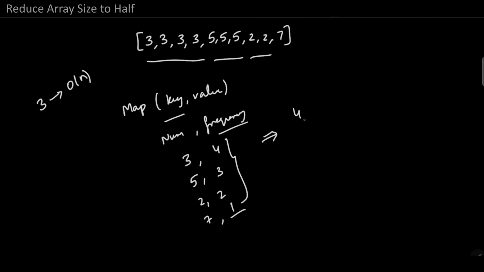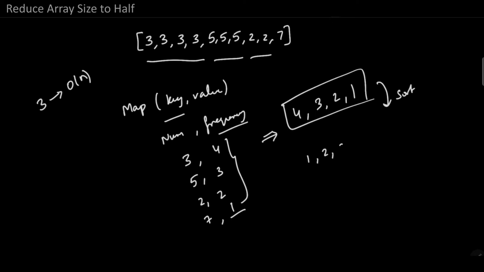It will be like 4 3 2 1, and I'll sort them using Collections dot sort. So that will take 1 2 3 4. In this current scenario you might find that sorting is not required, but in other scenarios, when the element count is not very uniform, then sorting will help. After we sort, we can sort it ascending or descending.